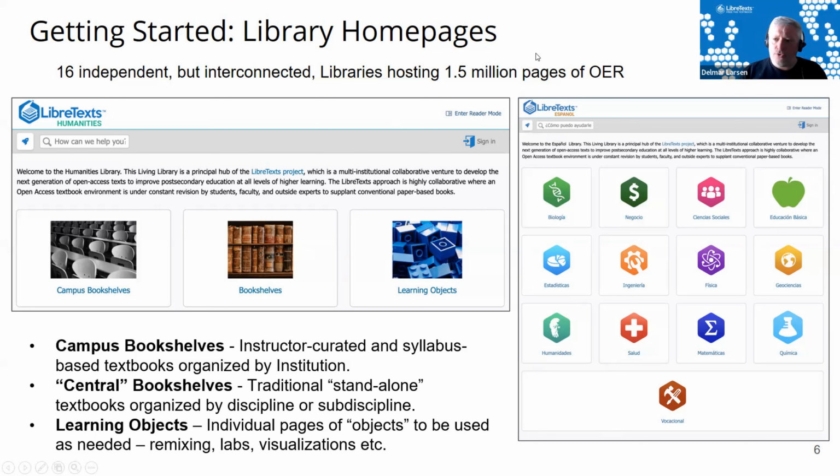Again, the point of what we are trying to do here is by centralizing OER content, it provides us the opportunity in order to facilitate curation efforts, updating it, and more importantly, facilitate remixing. So you can come in and say with a couple buttons, I want this, I want this, I want this, I want this, like you're a kid in a candy store, and then generate a book that you're ready to rock. And the idea is that once it gets big enough, that corpus is big enough, then we're only limited by our imaginations, not by the actual content that's available for us to be able to move forward with them.